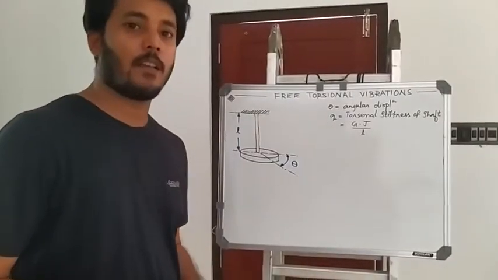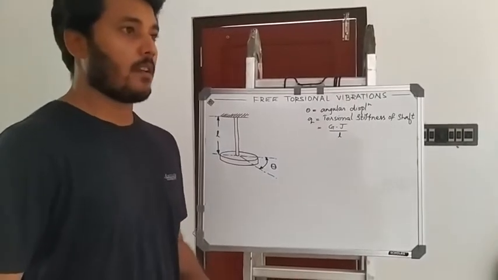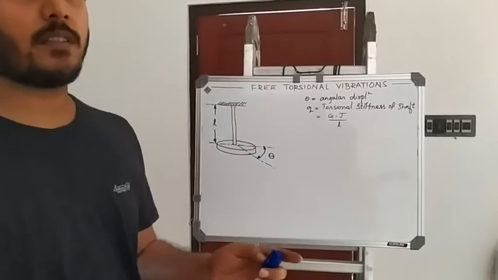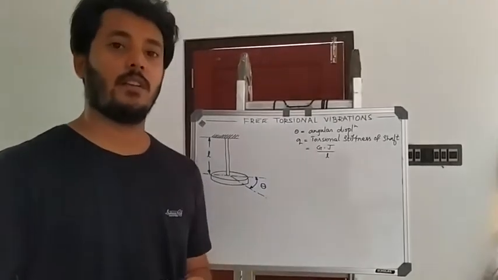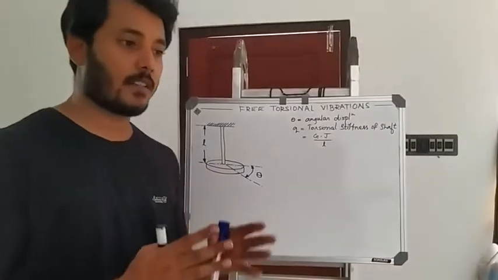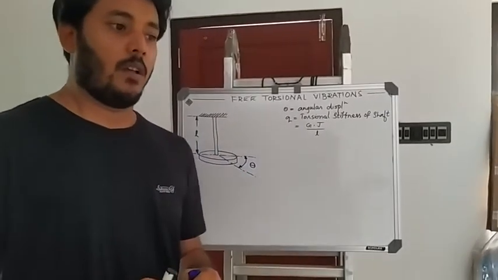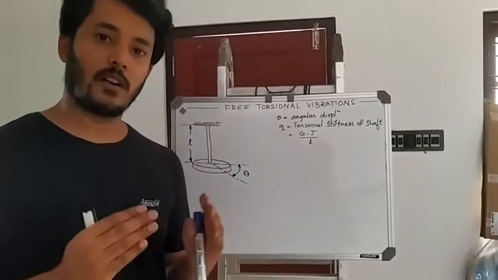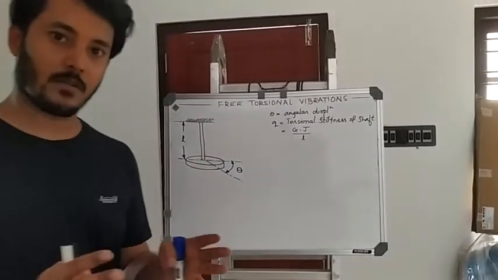Hi friends, today let us discuss free torsional vibrations. Till now we have been looking into mechanical vibrations with examples related to translatory motion. That means you have a mass connected with a spring, sometimes a damper may be connected. Due to natural vibration the system will be vibrating and the motions happening will all be translating motion. Apart from natural vibration, we have discussed forced vibrations also.